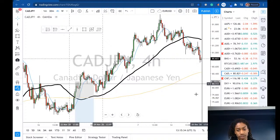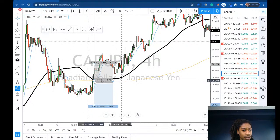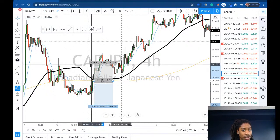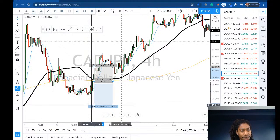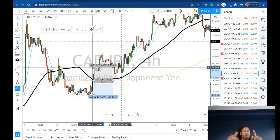Okay, so yeah, that's more like trend following. But the same thing goes, you could try to take a trade on this open candle. Your stop loss must be predefined, and definitely have some standards for yourself. You're not taking one-to-one trades all the time. And this is worth mentioning, that